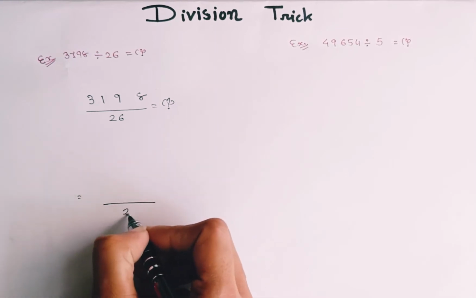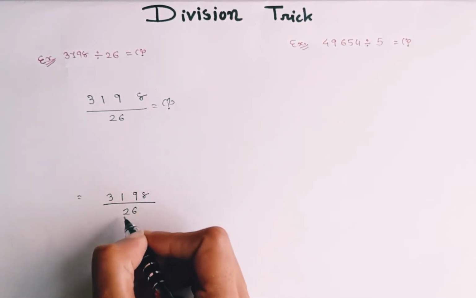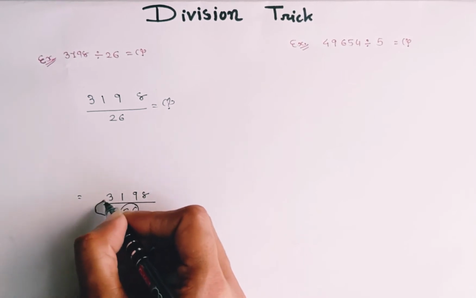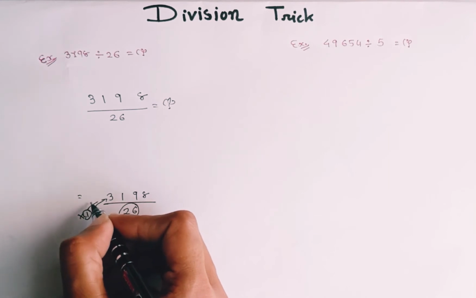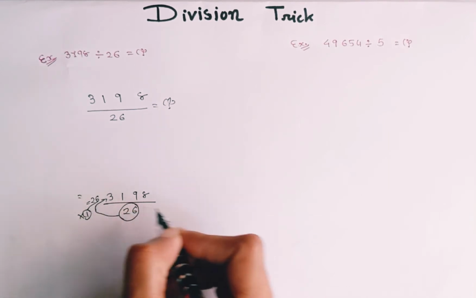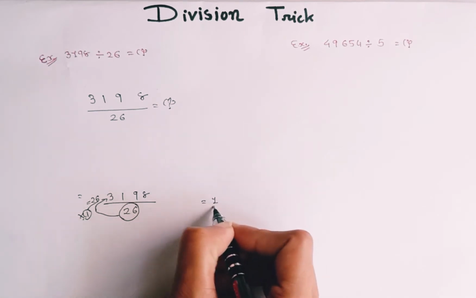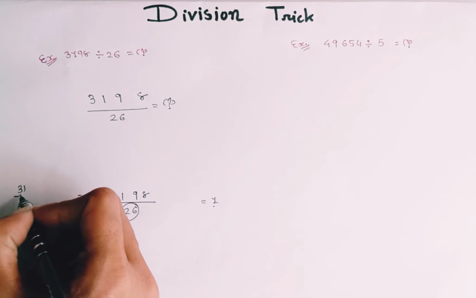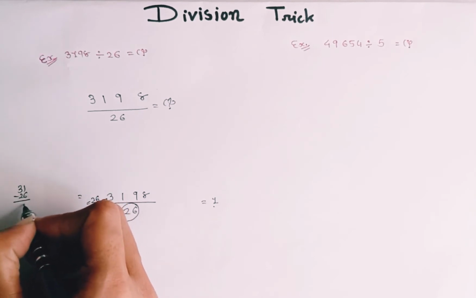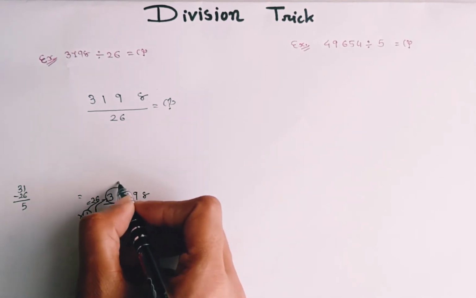So, in bottom 26, 3198. 26 ones are 26. So, first digit of answer 1. 31 minus 26 is equal to 5. So, we put 5